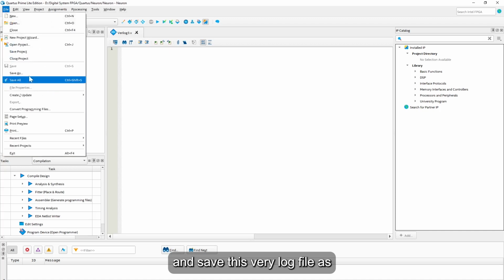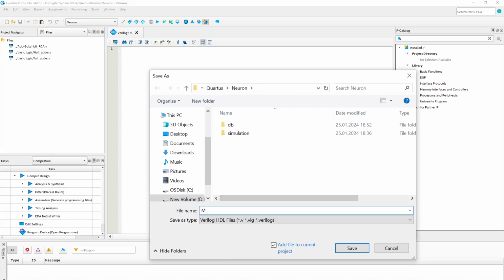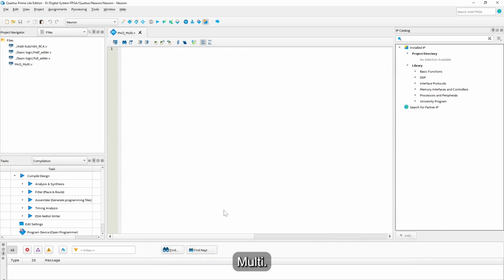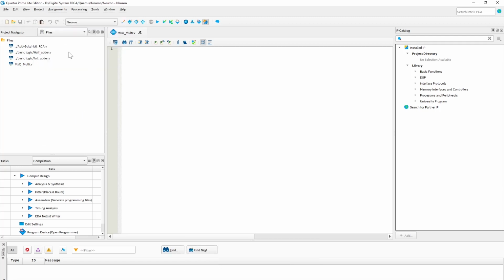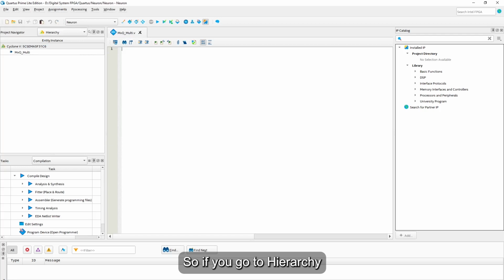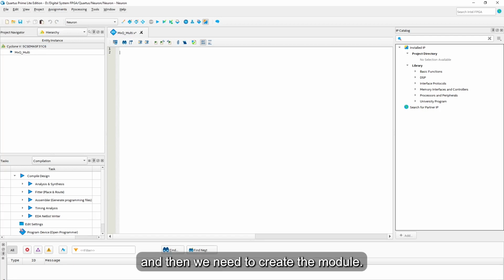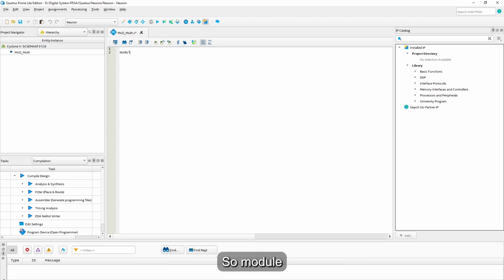So let's create a new Verilog file and save it as m times q multi. We need to set this as our top file. If you go to hierarchy, and then we need to create the module. The module needs to be the same name, m times q multi,